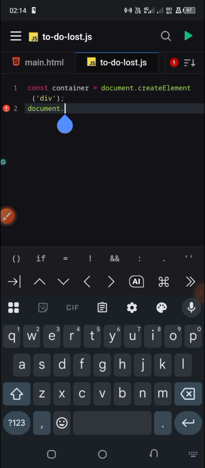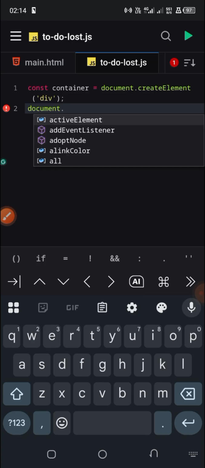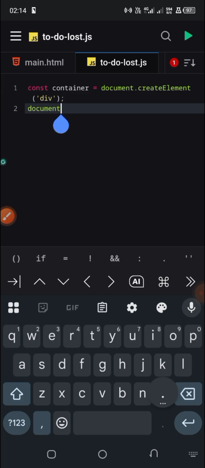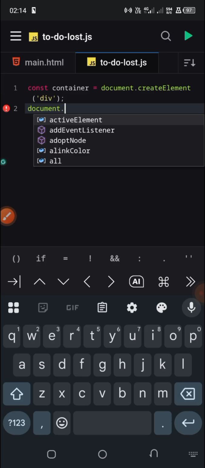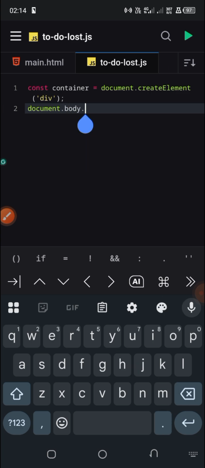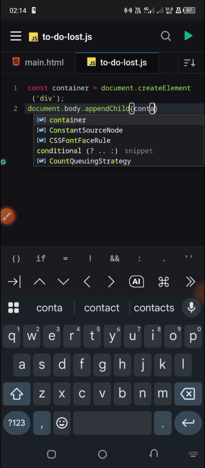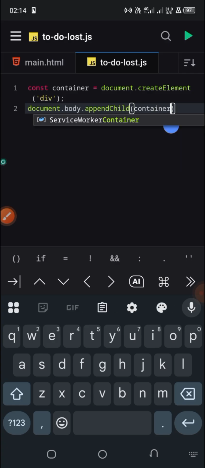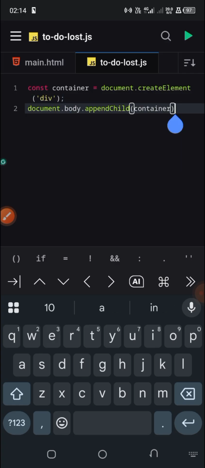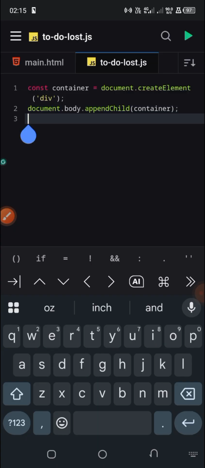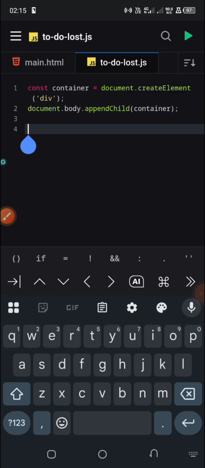So after we get the DOM, we are going to append it to the body. So we are just going to say document.body.appendChild, and we are going to append the container. So now let's start creating other HTML elements. The next element we are going to create now is the input. So we are just going to say